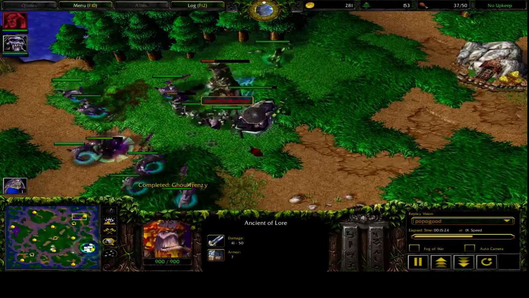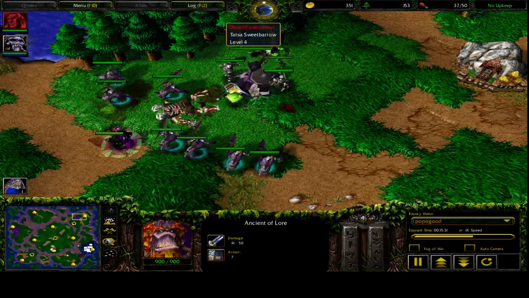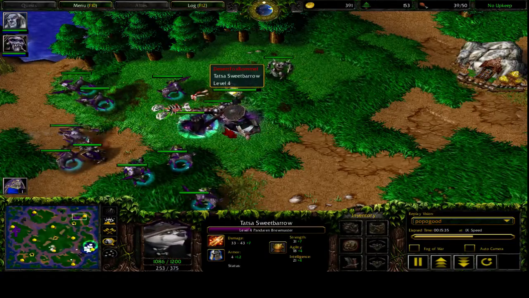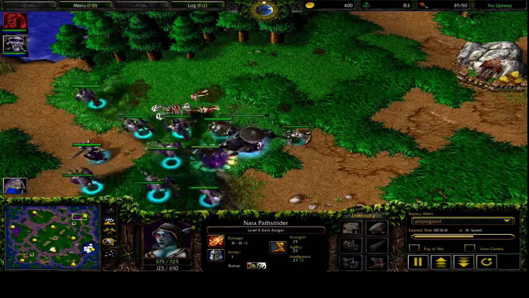Notice how effective the Dark Ranger is at creeping. Any camp that I creep is generally going to leave me with skeletons, especially once you get level 2 or 3 Black Arrow. I think I probably went for level 3 Silence, but I can't really remember. But anyway,